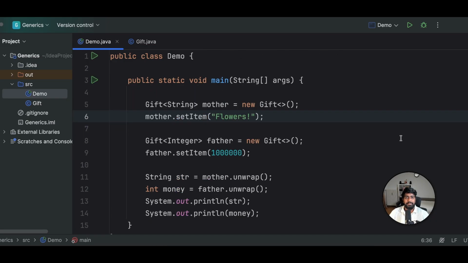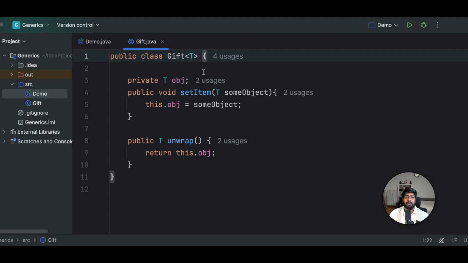Now the last theory around this type parameter is that you can define a bound when it comes to the type parameter definition. Now let's assume that you are only giving money as gifts, not flowers. So in that case, we can actually restrict this particular type parameter to be anything of numbers. We can actually define an upper bound to our type parameter. So in this case, the generic type parameter can only be some object that has extended from the number class. We have defined an upper bound or upper limit